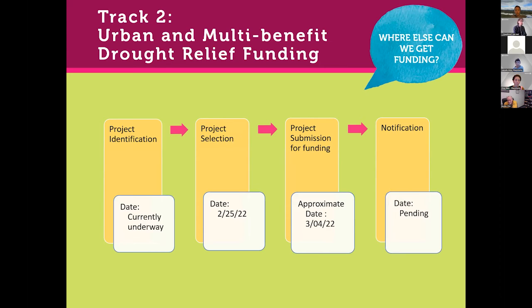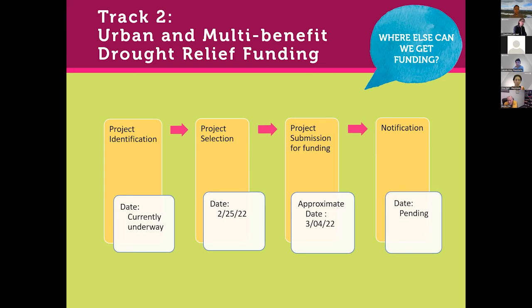So you can think of that as one bucket of money that has specific uses. The second track that we can help you with is relatively new. It came up very, very fast. And there has been a set aside for Ventura County. And we are currently looking for projects. Now, you see these due dates are coming up really, really quickly on this.